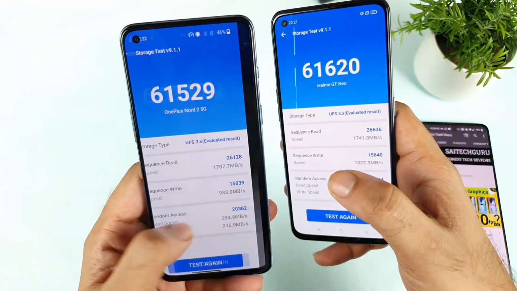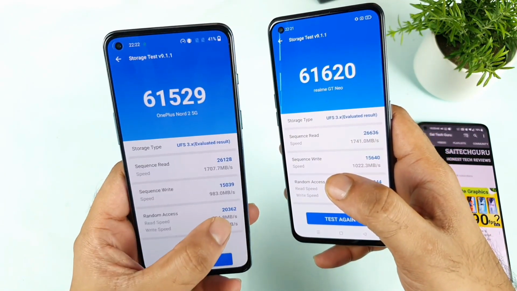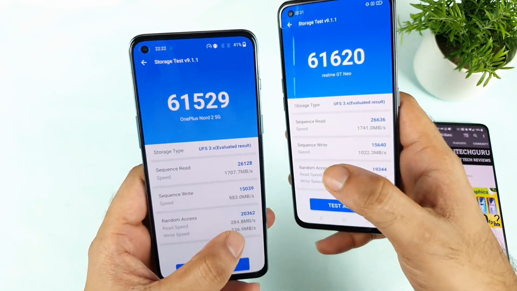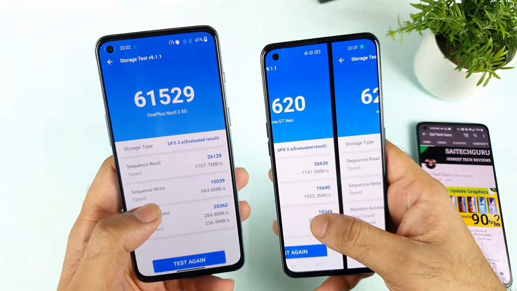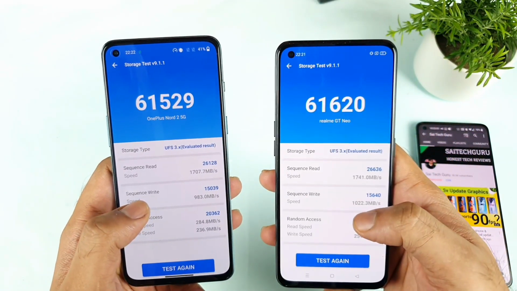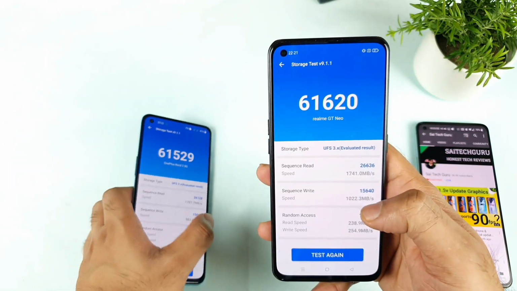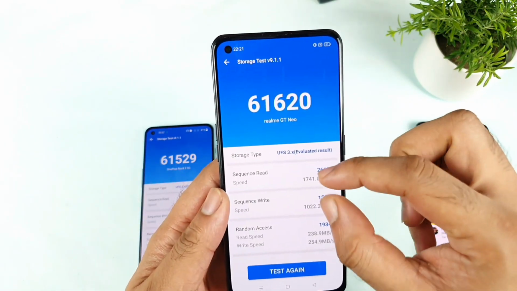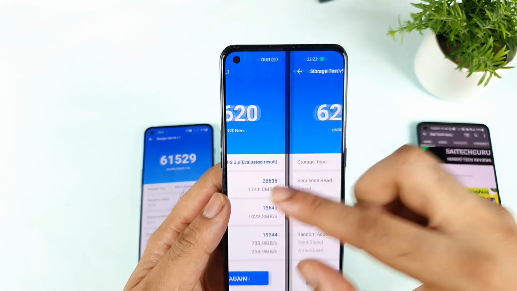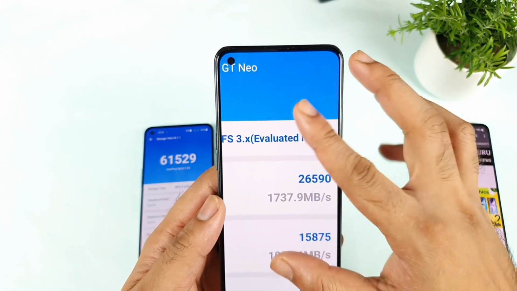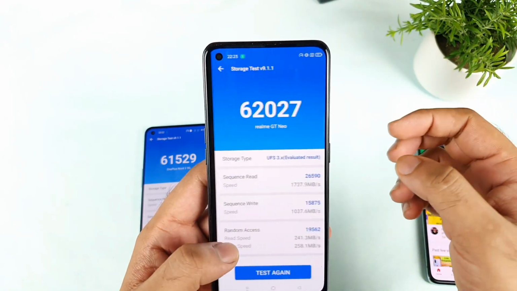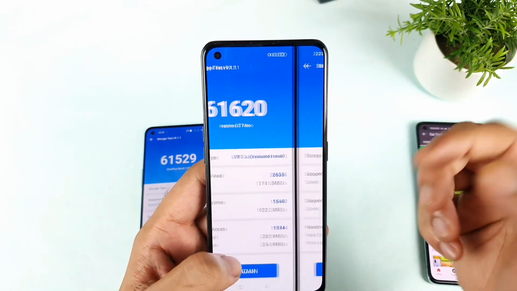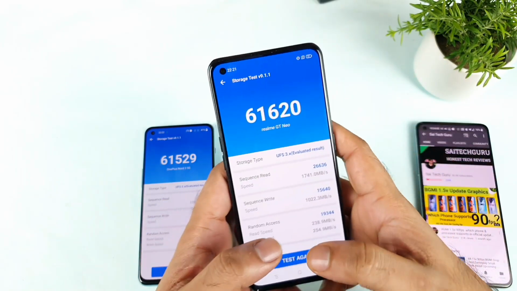1629 to 1707 and 968 to 983. The overall score, as you can see, friends, is a huge change. But for the Realme X1 Max, nothing much changed. In fact, it decreased a little bit, 1741 after using high performance mode, decreased just a little bit, but the overall score slightly increased, though not much.